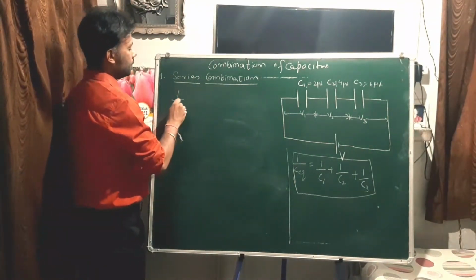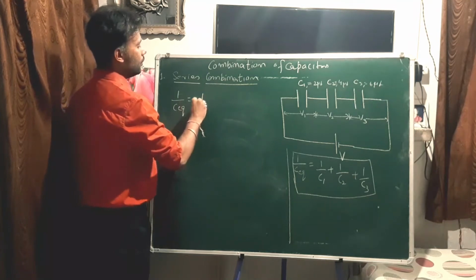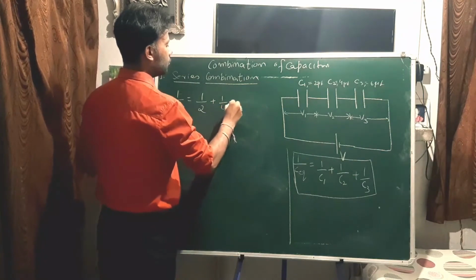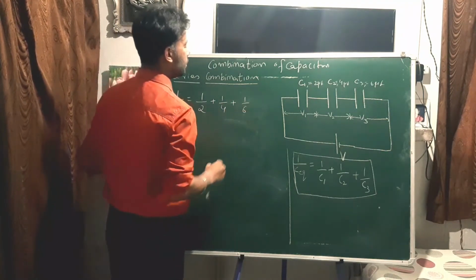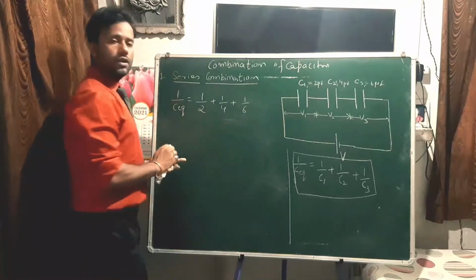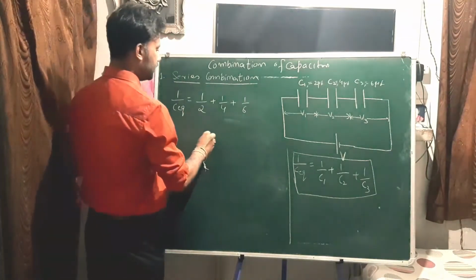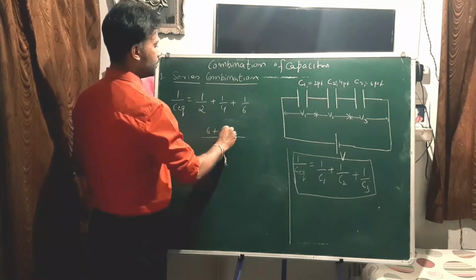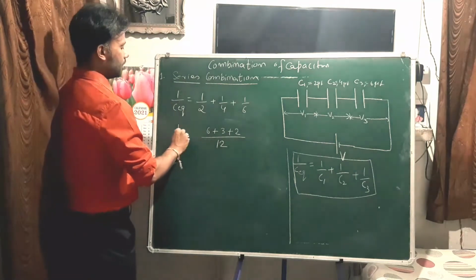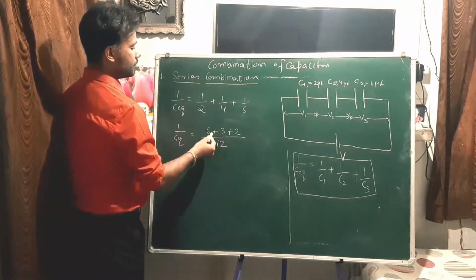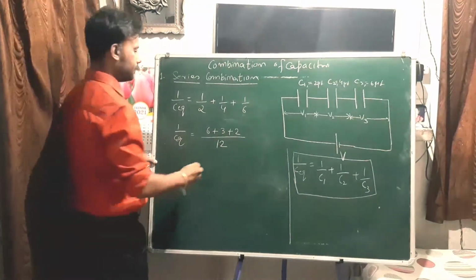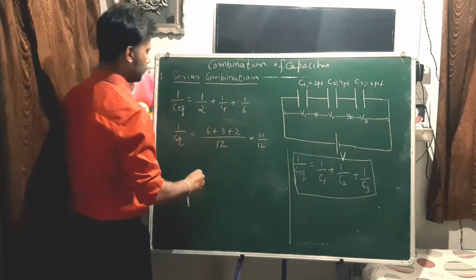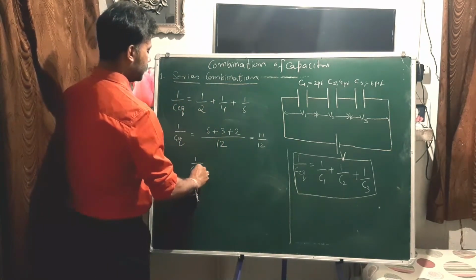So 1 upon C equivalent will be equal to 1 upon 2 microfarad plus 1 upon 4 microfarad plus 1 upon 6 microfarad, right? So when you solve it, the LCM will be 12. So this will be 6 plus 3 plus 2, 1 upon C equivalent. So 6 plus 3 is 9, 9 plus 2 is 11. So this will be equal to 11 upon 12, or 1 upon C equivalent equals